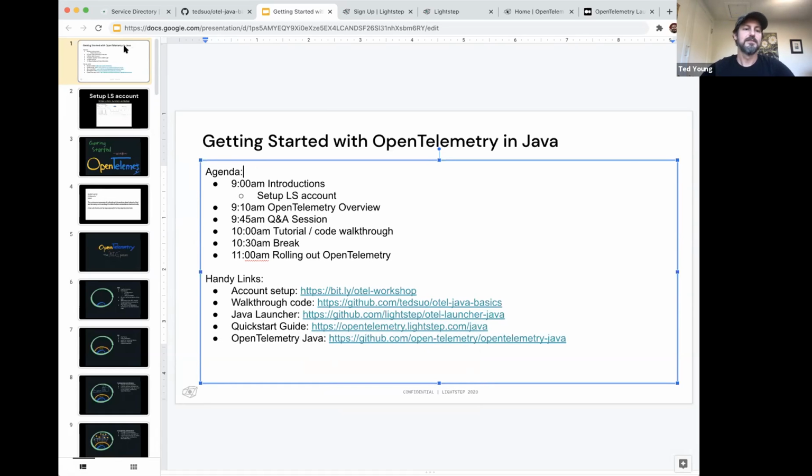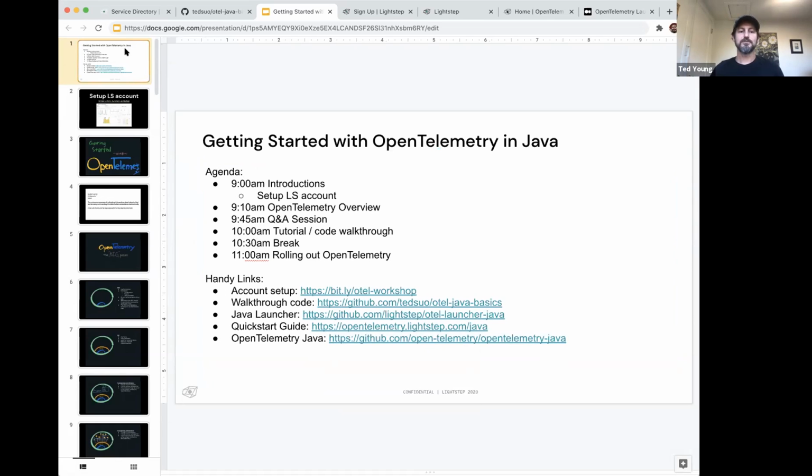Okie dokie. So that's intros. Those are the links. We'll be getting to the walkthrough at around 10 a.m. And between now and then, I'm just going to do an overview of OpenTelemetry and discuss the major components. And again, this is very Q&A focused.